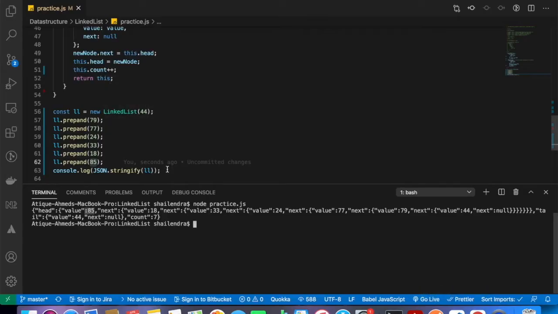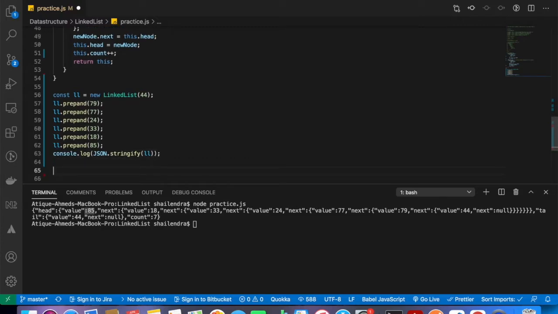So you know what I can do, I can better write it here: 85 pointing to 18 and 18 pointing to 33 and 33 pointing to 24 and 24 pointing to 77 and 77 pointing to 79 and 79 pointing to 44.